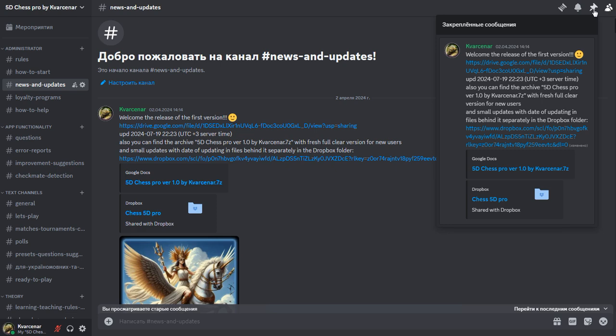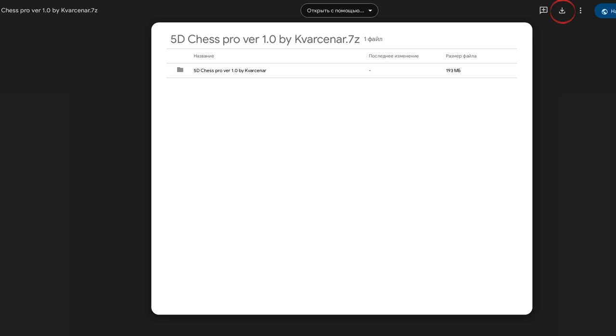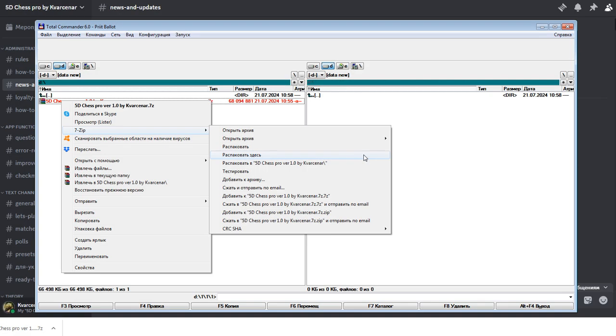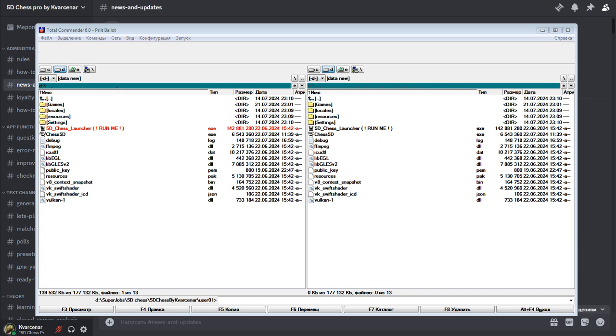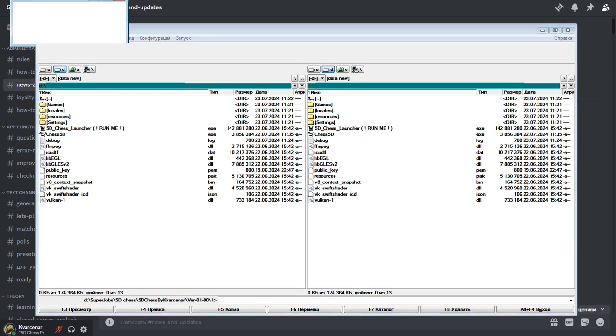Let's download the app from Google Drive. Click the corresponding link, click Download, save the file to disk, unpack it with the 7Z archiver. If you do not have it, then Google and install it from the official site, it is easy enough. After unpacking, go to the folder that appears and run the launcher. Note that you need to run the launcher, otherwise, the application won't be able to connect to the server.